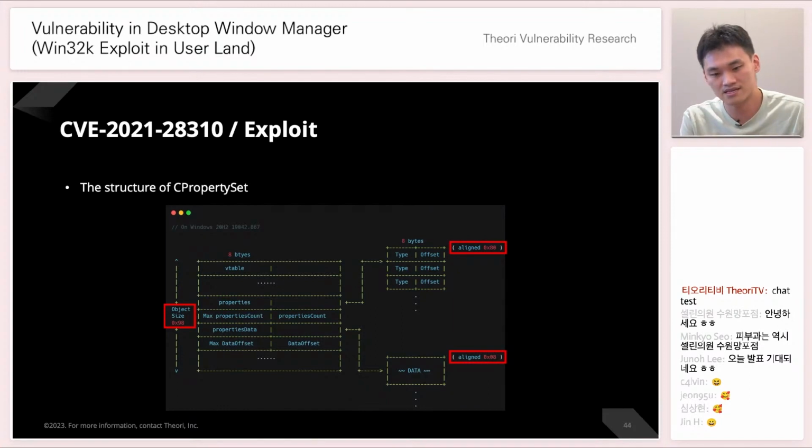To make the heap layout correctly, the more detailed CPropertySet object structure is needed. You can get this structure by reverse engineering. Maybe it is similar to what I guess. The important part of this structure is the size and the alignment of the CPropertySet object and the properties array